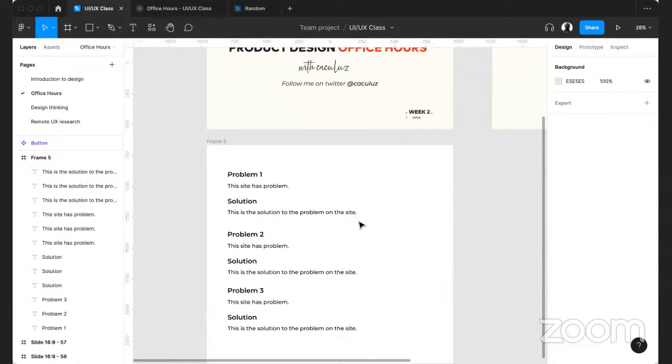Yeah, so that's that. Someone says no text has been graded. Your text will be graded, please. Someone asks if one can design a little with their phone. You can't design on Figma with your phone. You can only view, right? You can't design on Figma with your phone.